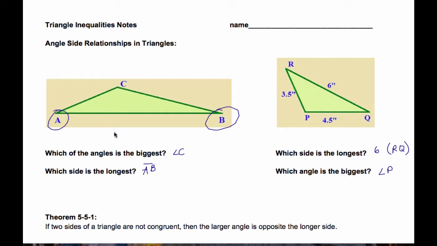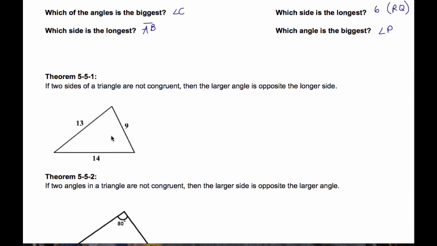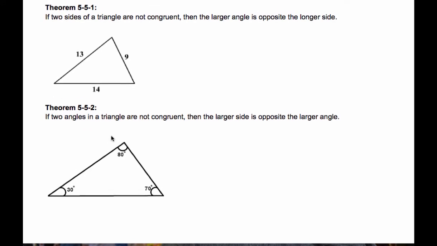What we're really looking at is the relationship that all triangles share. We're looking at two basic theorems, and I think you're going to agree with this and say, oh yeah, that makes sense. If two sides of a triangle are not congruent, so none of them are congruent, then the larger angle is opposite the longer side. So if this is 14, then up here is going to be the biggest